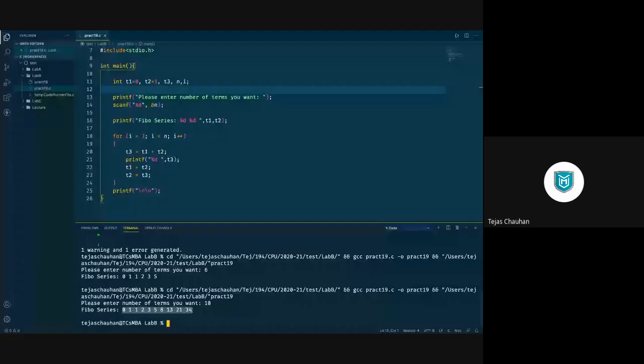We print T3 and we update T1 and T2, so that in the next term those will be updated numbers, and so on. So this is the Fibonacci series. If I run this again and say I want 10 terms, then it is going to give me 10 terms here, right? So that's the Fibonacci series program, the 19th program.